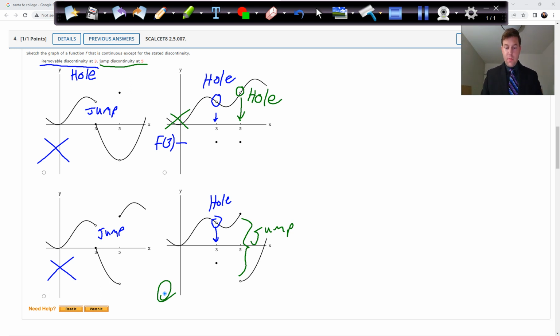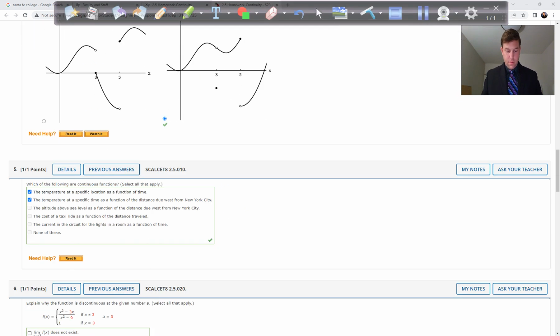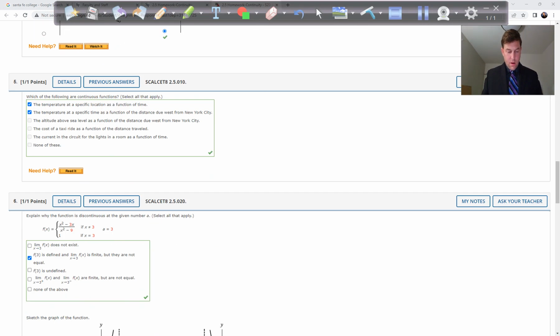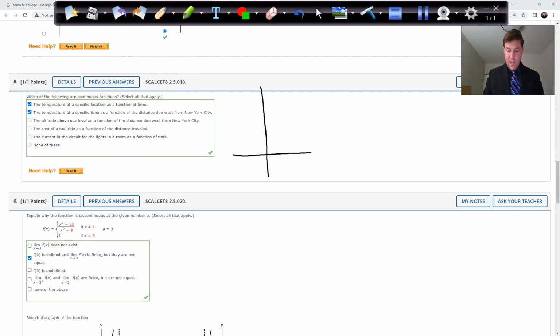Okay, problem 4. All right, 5. Which of the following are continuous functions? The temperature at a specific location as a function of time. Okay, so this would be considered a time series graph where you have time on the bottom and you have temperature as a function of time on the y-axis,